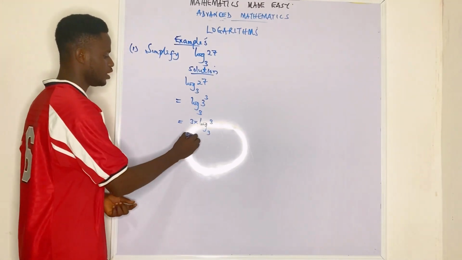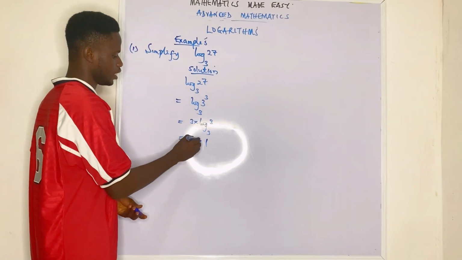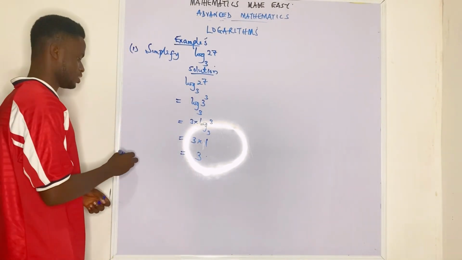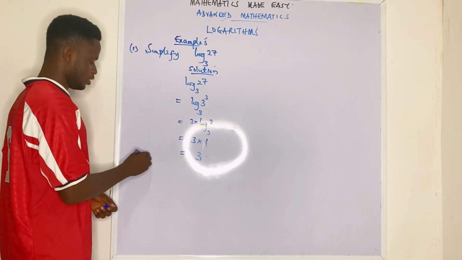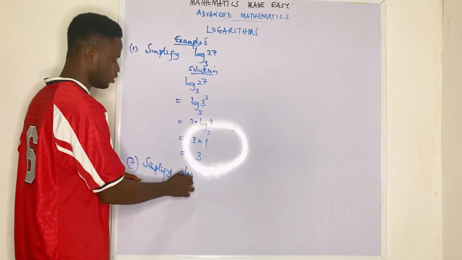So log 3 base 3 here will simply give you what? 1. So we're having 3 times 1. And what's 3 times 1? 3. I believe you can see that. As simple as that. Another example, if I have to simplify or give you a similar one, let's say log